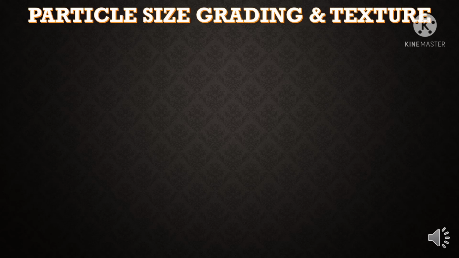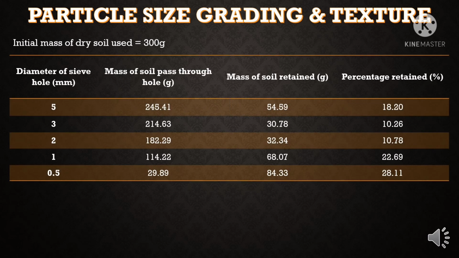So this is the finding of the particle size grading and texture test. So the initial mass of dry soil that I used is 300 grams. This is the data, where I used 5 types of diameter of sieve hole, which are 5 mm, 3 mm, 2 mm, 1 mm, and also 0.5 mm. Then, by doing the experiment, I get the mass of soil that passed through the hole. And then, I get the mass of soil retained by subtracting the initial mass of dry soil with the mass of soil passed through the hole